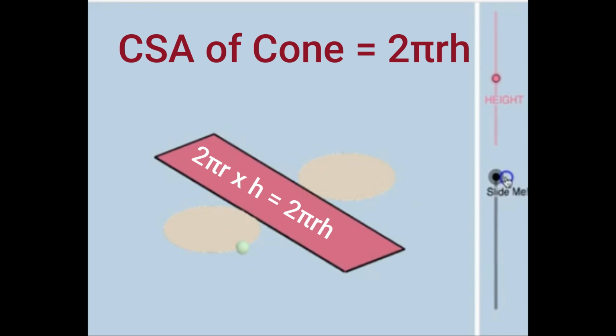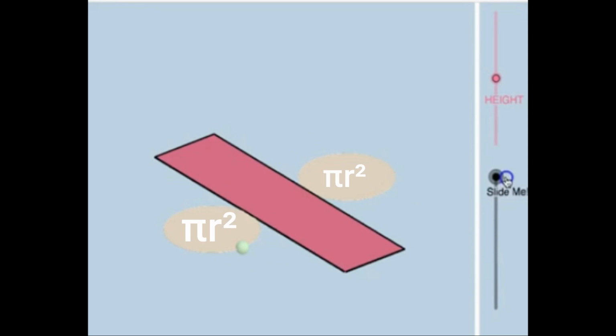and we have two flat surfaces, the top circle and the bottom circle. The top circle and the bottom circle both are congruent, as you can see, and their areas are well known to us, pi r square. So, there are 2 pi r squares because there are two circles.